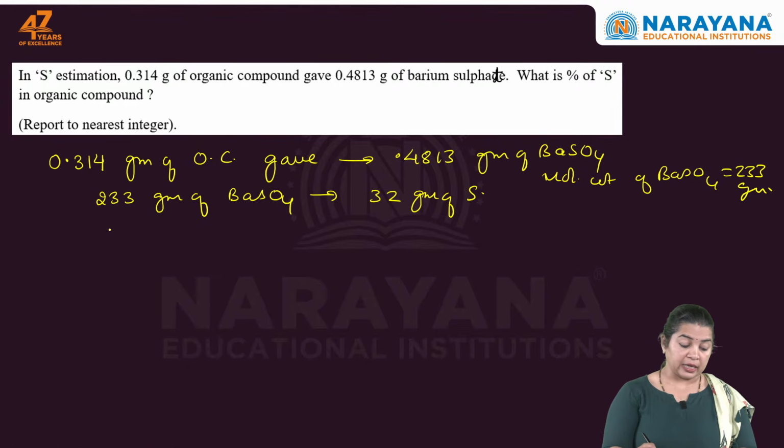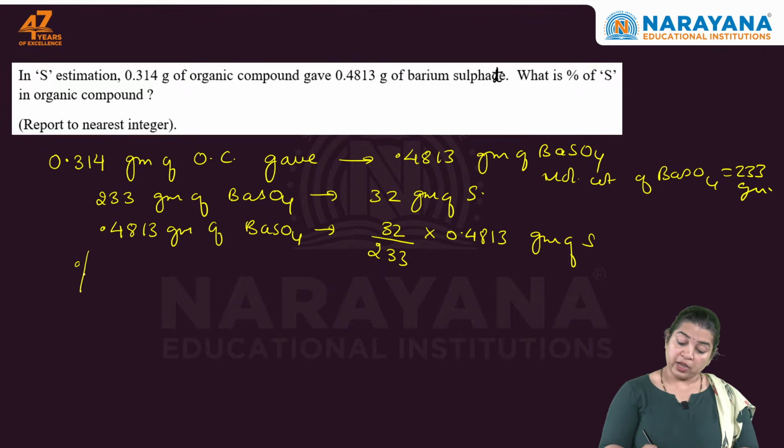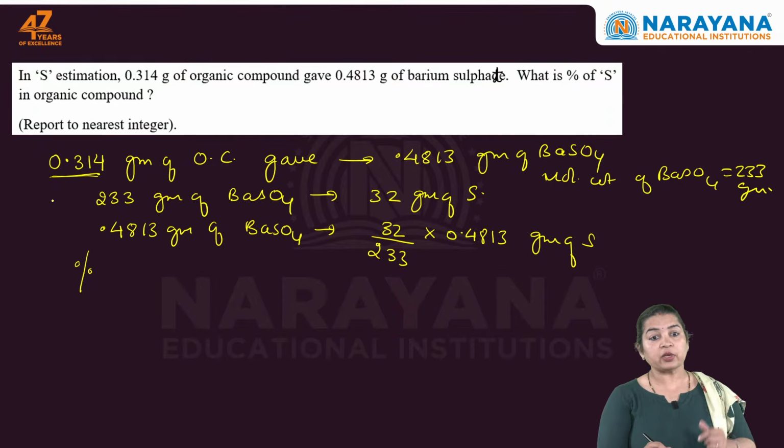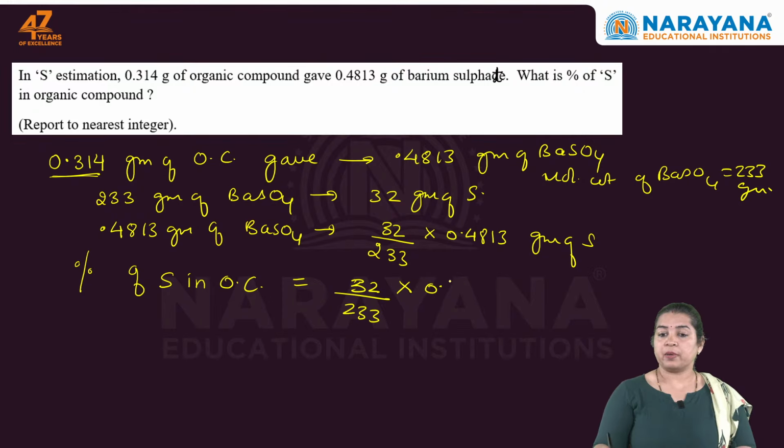But they are saying that it is having only 0.4813 gram of BaSO4. So the amount of sulfur is 32 upon 233 multiplied by 0.4813 gram of sulfur. Right? Now we have to go for the percentage of sulfur, and the initial amount of organic compound is given in the question as 0.314. So percentage of sulfur in organic compound is 32 upon 233 multiplied by